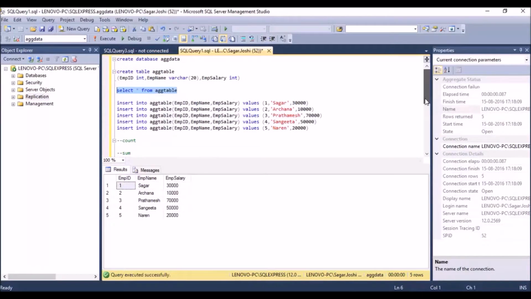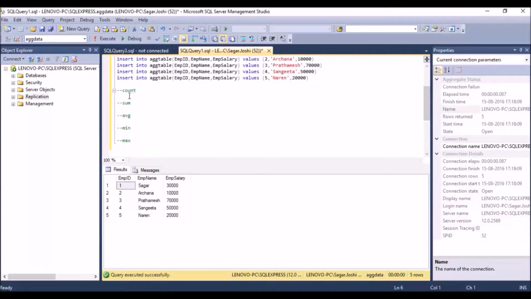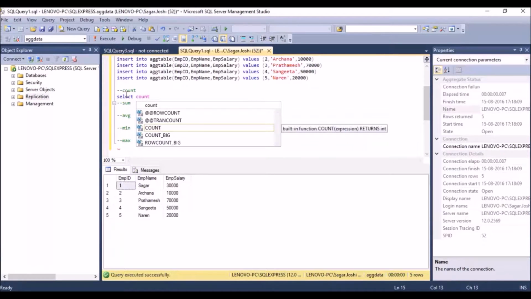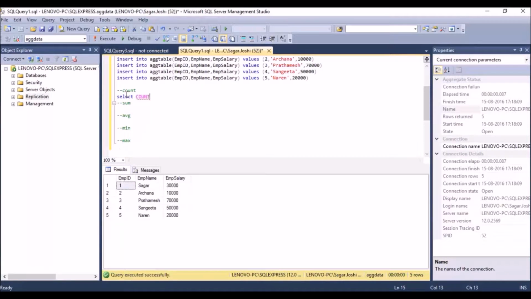So firstly, we'll write the query for count. What does count mean? If you want to know how many values are there inside this m salary column, we'll write the query: select count. These are all default functions, or you can say built-in functions in SQL.